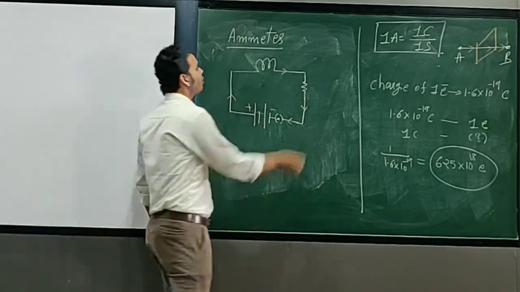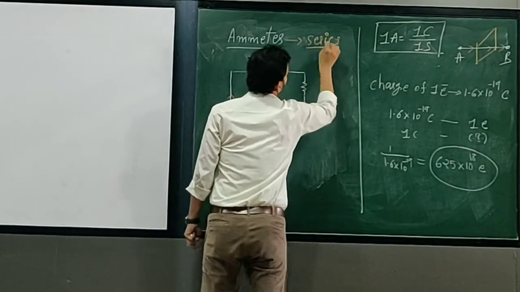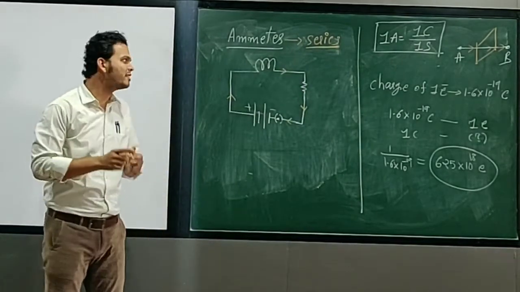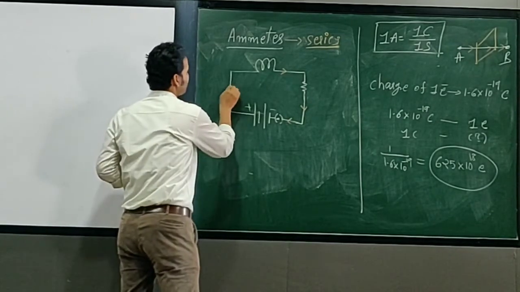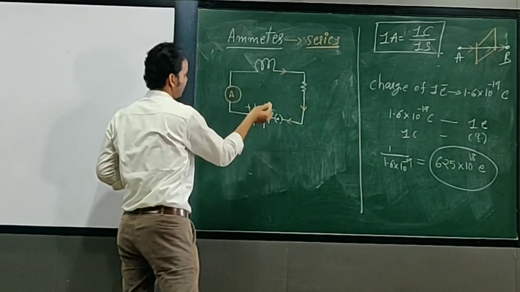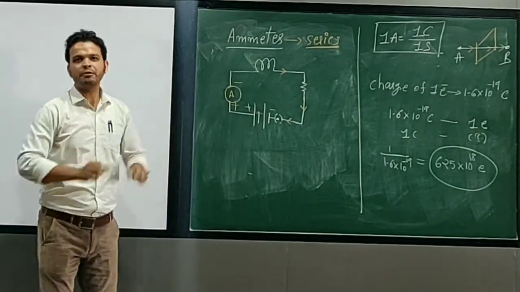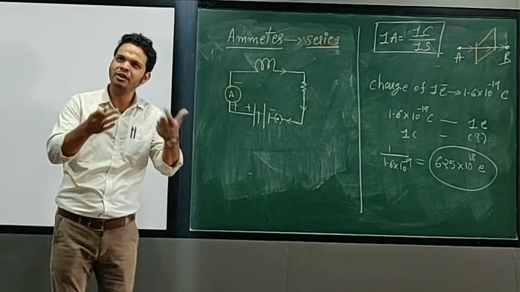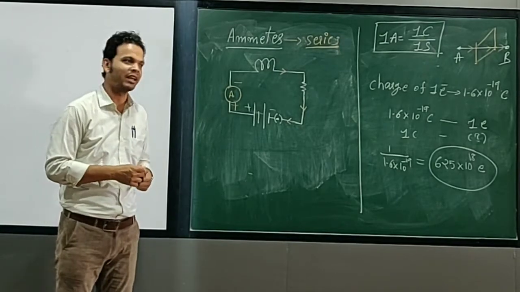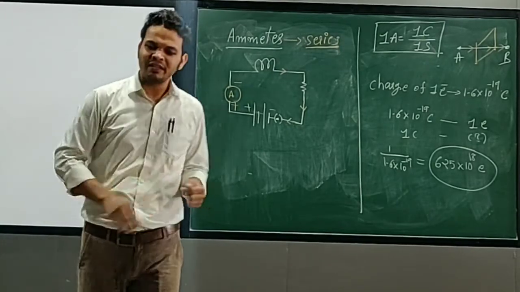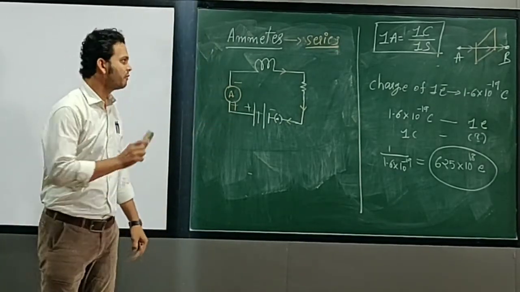Now an ammeter must always be connected in a circuit in series connection. So to connect anything in series, we have to break the circuit. Let's say I am breaking it from here and connecting my ammeter. The ammeter will also have a polarity, plus and minus, and in the display of the ammeter we will have the value of the current, whether it is 1 ampere, 2 ampere, 5 ampere and so on. Okay. So as far as your topic is concerned, this is the basic understanding and basic discussion of electricity.